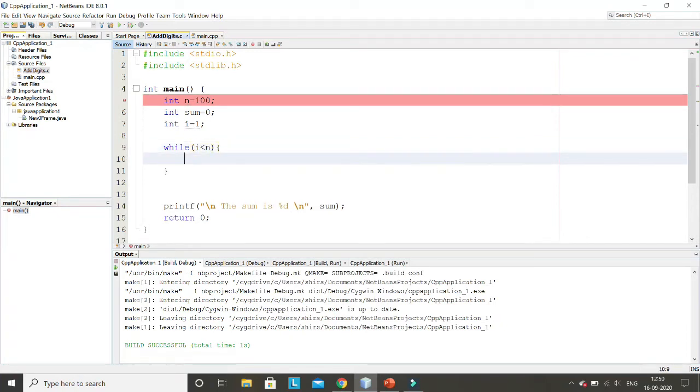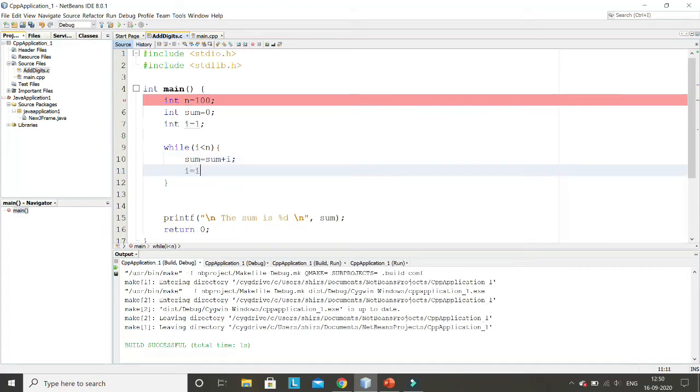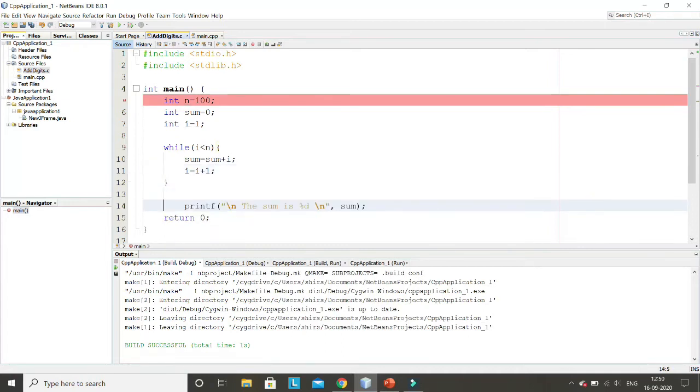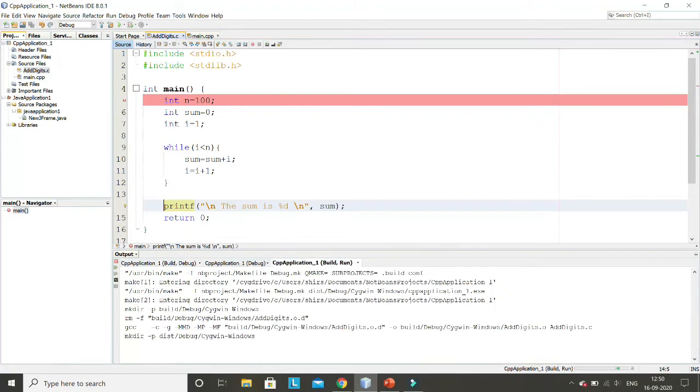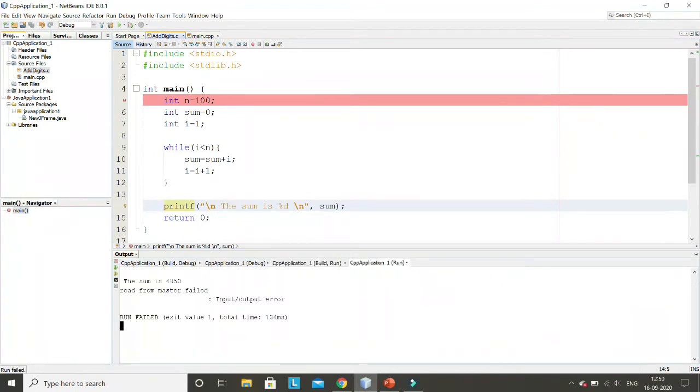It will go inside: sum equal to sum plus i, and then i equal to i plus 1. Okay, and then it will print. So let me print this for you. If I run this code now, then see it is showing this is the total final output, but it should be